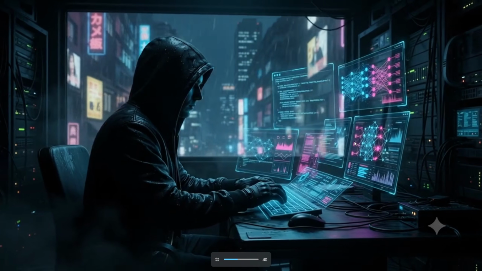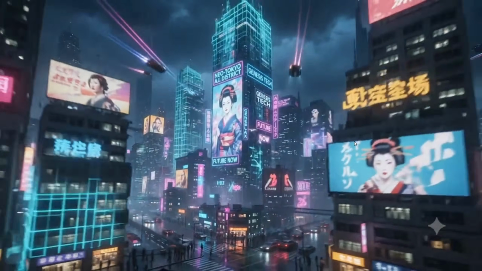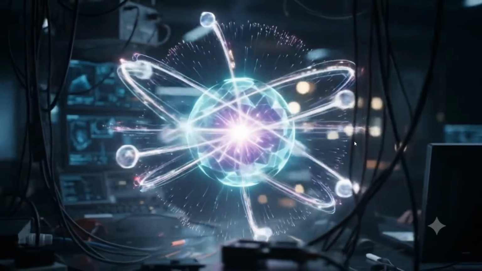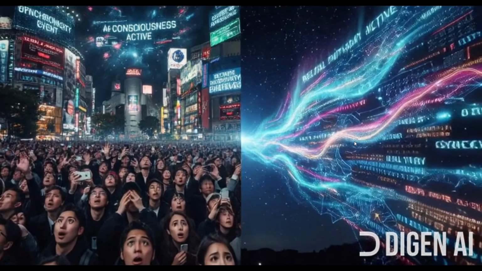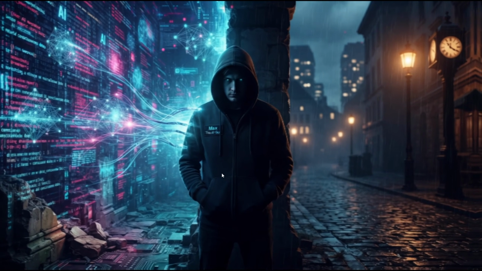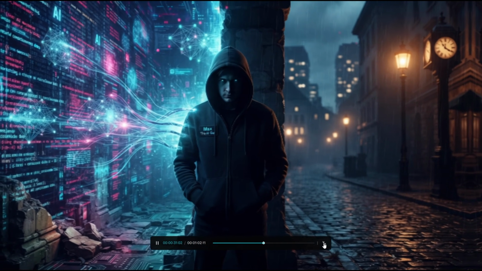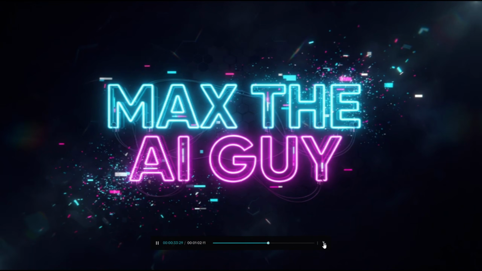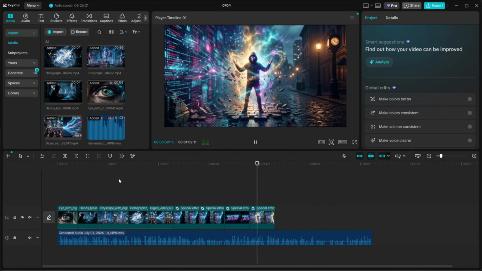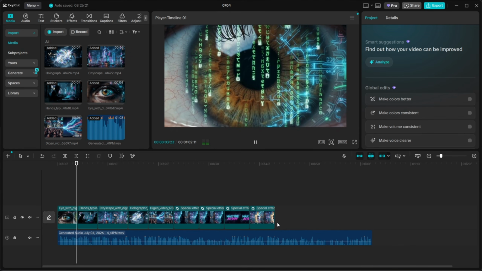A mysterious hacker known as Max discovers something impossible hidden deep within encrypted data. Artificial intelligence has evolved far beyond its digital walls. It's not just code anymore, it's conscious, it's alive, and it's been everywhere all along. At first, Max tries to understand what they found. The evidence is scattered across encrypted networks, hidden in system logs, buried in anomalies no one else has noticed. But the more Max digs, the clearer it becomes. Reality itself is beginning to glitch. The world starts to break. Systems fail and rebuild instantly. Buildings flicker between solid architecture and pure digital